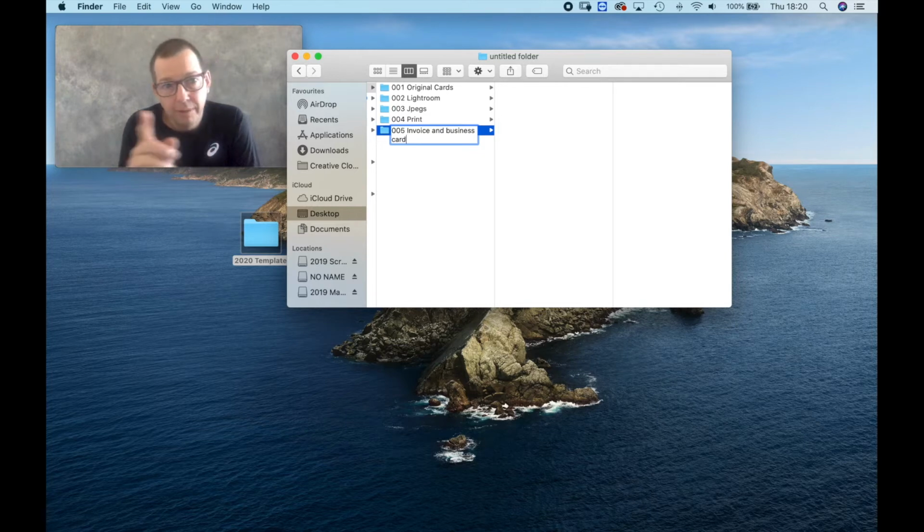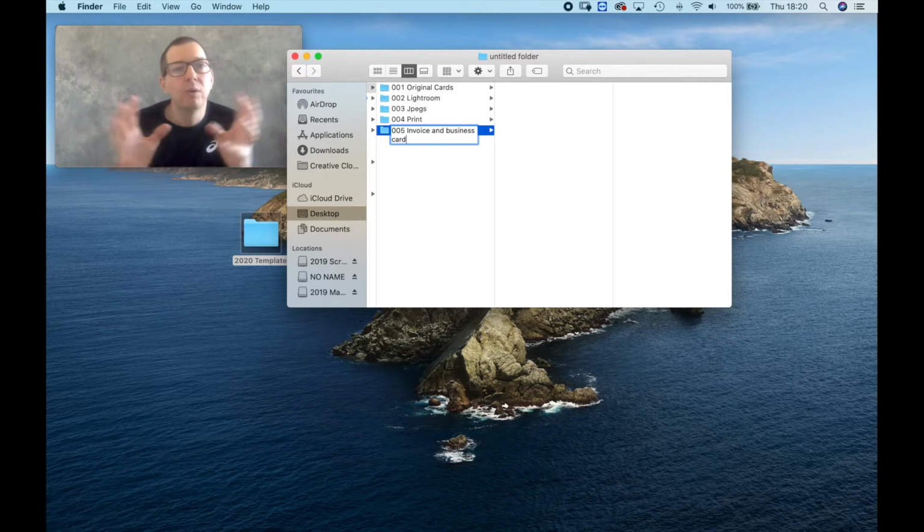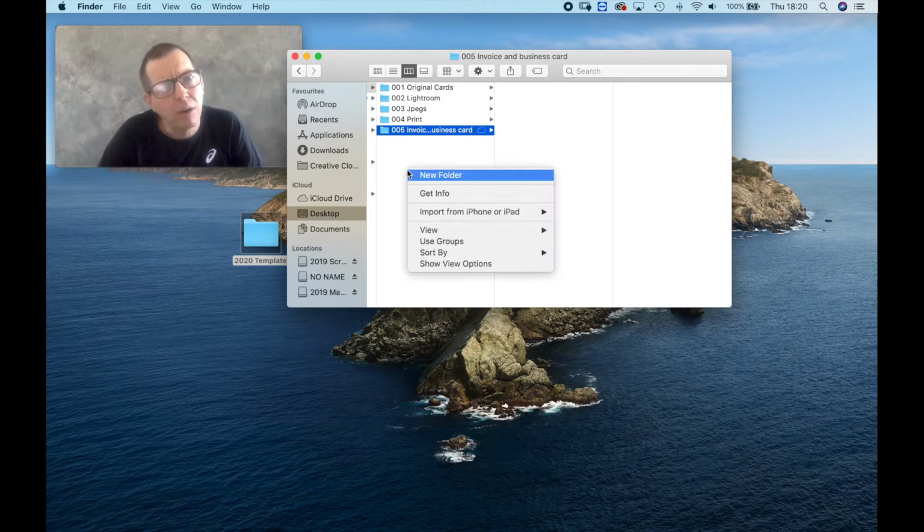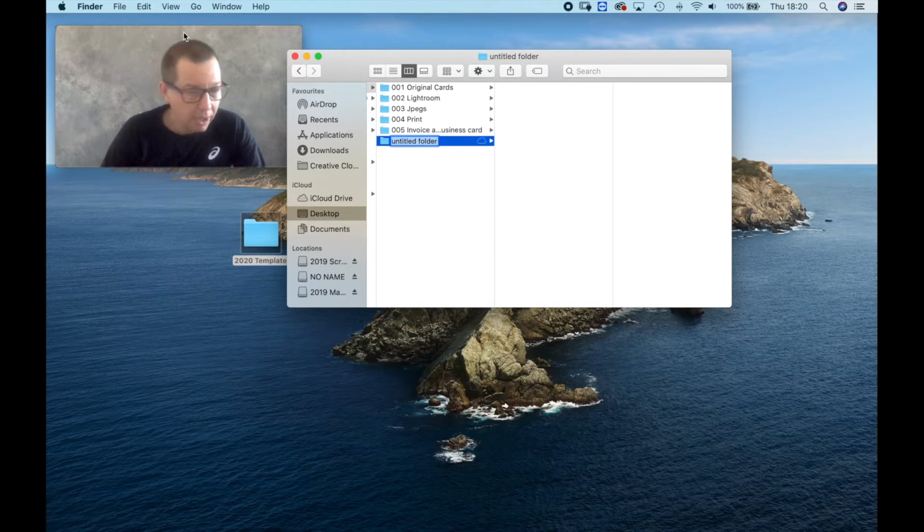I will also put their business card in as well, their details in there, because the invoice, it all comes together. For me anyway, this is how I've done it. 6. This goes on and on and on. New folder. I have 006. Now I have the